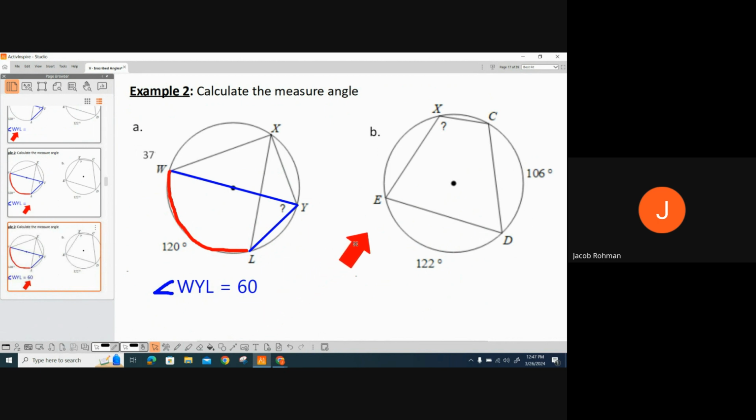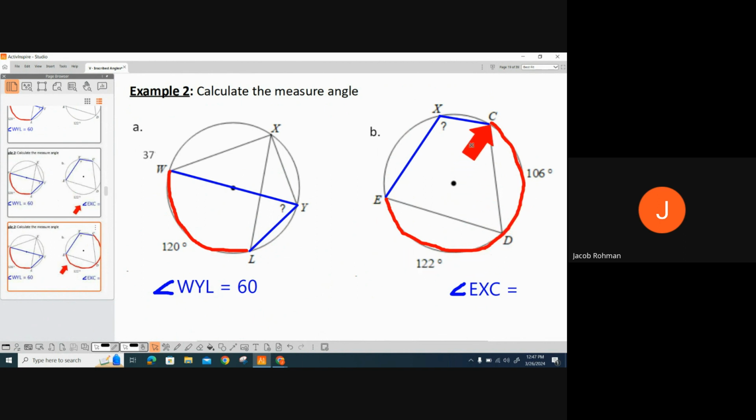Then in letter B, again, we're looking at this angle here where the question mark is. That's angle EXC. So I'm going to highlight that in blue. And then the arc that intersects is going to be shown in red here. So arc EDC. Now, the measurement of arc EDC is going to be the 122, which is really arc ED, and then